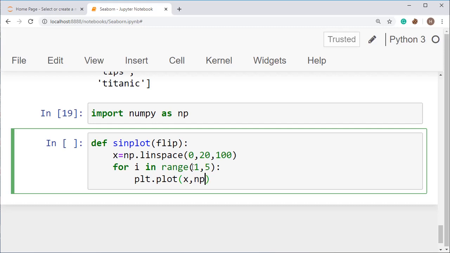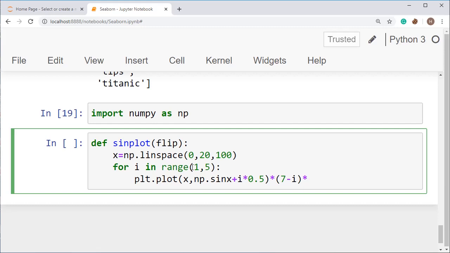I'm going to plot 5 different graphs of sine curve so that we can show you how to make the graph colorful. sin(x + i * 0.5) multiplied by (7 - i).